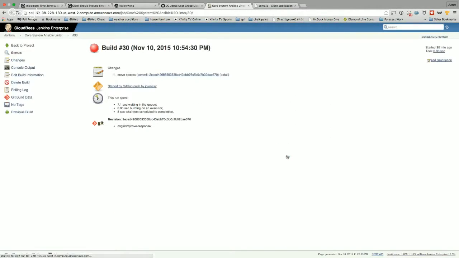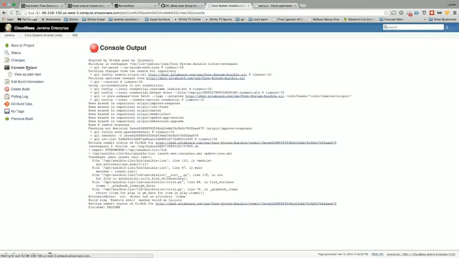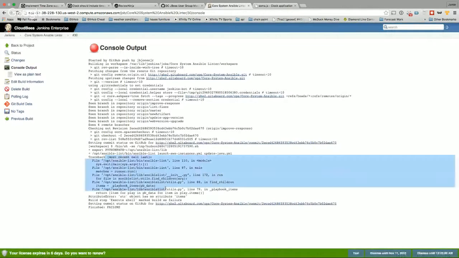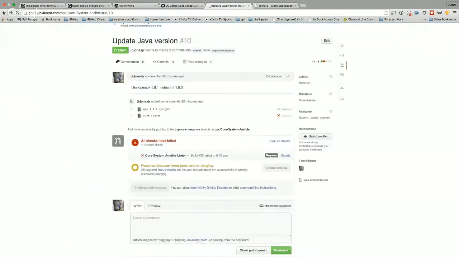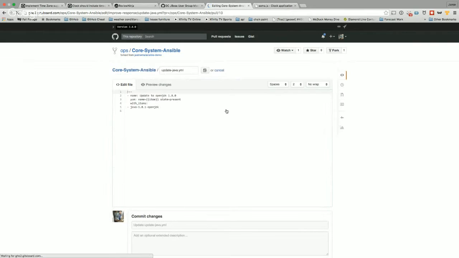If we look at the details of this, it takes us directly to our Jenkins job. And like any other Jenkins or CI job, you can check the output, and you can see it's erroring out, telling me exactly what's wrong. I'll save you some trouble and tell you that its issue is there's actually too many spaces in this, or not enough spaces in this file. You can see one of my changes when I updated the version from 1.8.0 to 1.8.1, I removed the tabs, I removed the spaces. So if we were to come in via the web UI, fix those spaces,